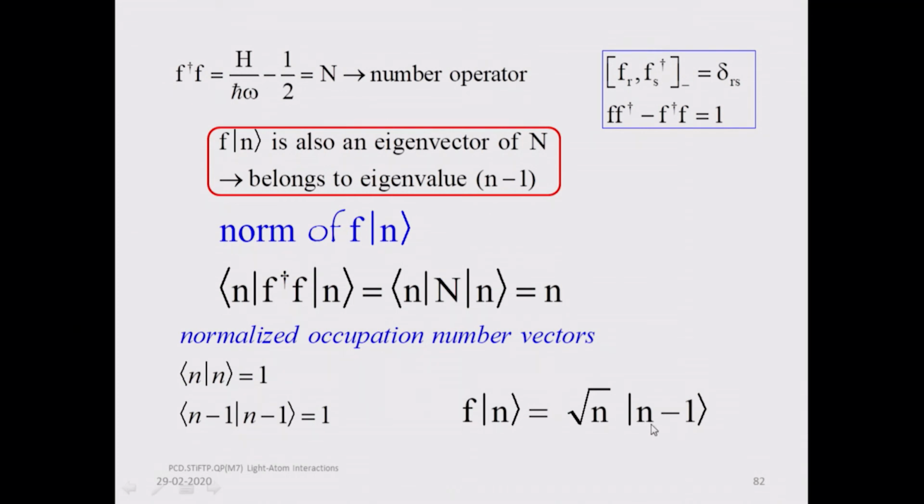So it is a destruction operator. It destroys one particle, and you get another Fock state corresponding to one number less of the number of bosons, in this case the number of photons, but it will be scaled by the factor root n. So this square root of n is an important factor that you must carry in your analysis.